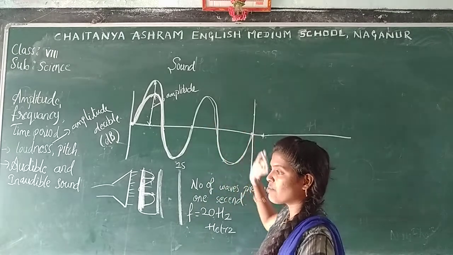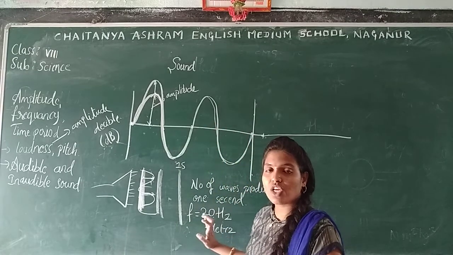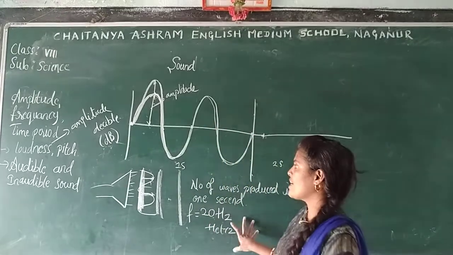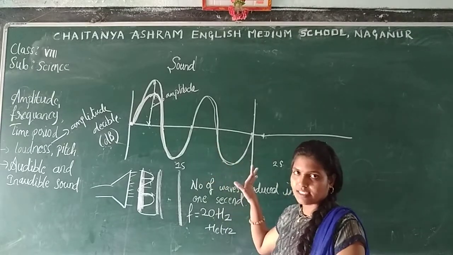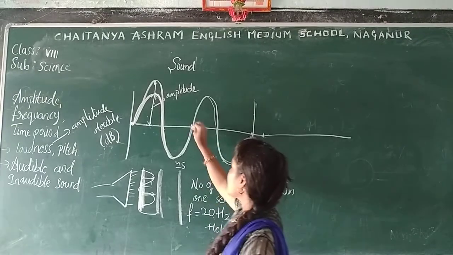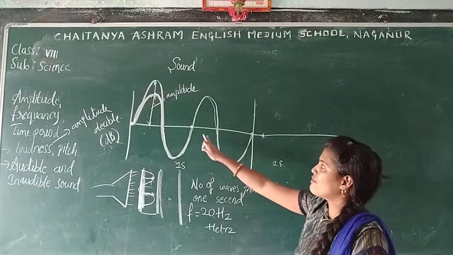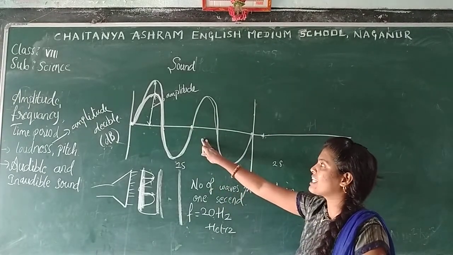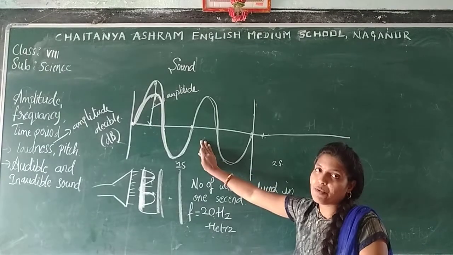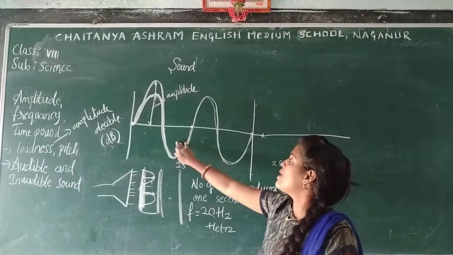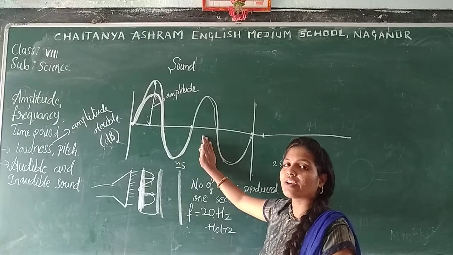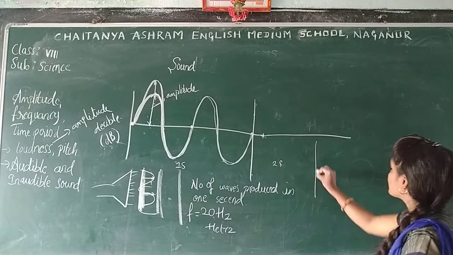If 20 cycles are produced per second, the frequency of that sound wave is what? 20 hertz. Okay, like this. So for this one, we can see it as a lower frequency. The sound of a drum has low frequency because there are only 2 waves here, some cycles